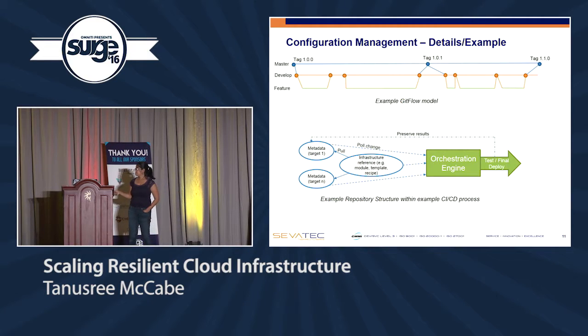Now, the metadata thing you see here on the bottom is the idea that you actually preserve your metadata in your repositories also, and then you have your infrastructure reference, which is the thing that you're actually building, also in your repositories. So if this was using CloudFormation, then your CloudFormation template might be the thing in the middle. That might hold your CloudFormation template, and then your metadata repository might be your actual parameters for that CloudFormation template. If this was a Terraform script, then this might be a Terraform module, and the metadata is your variables file, that sort of thing.